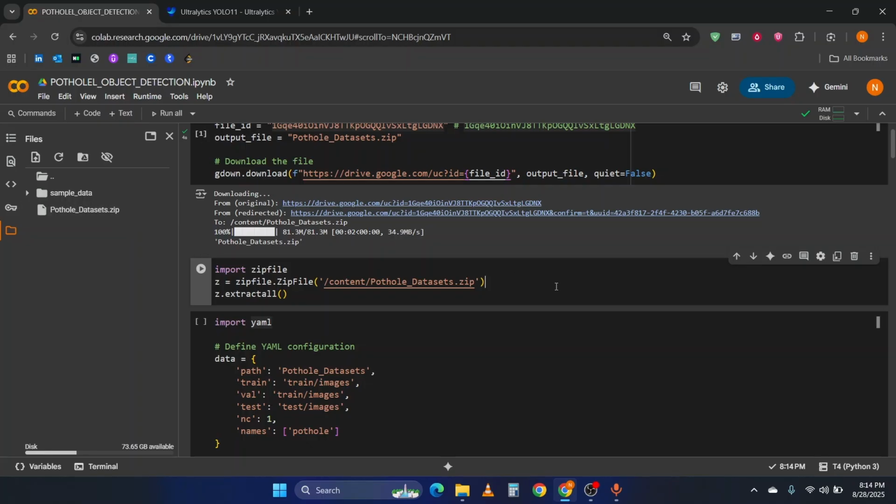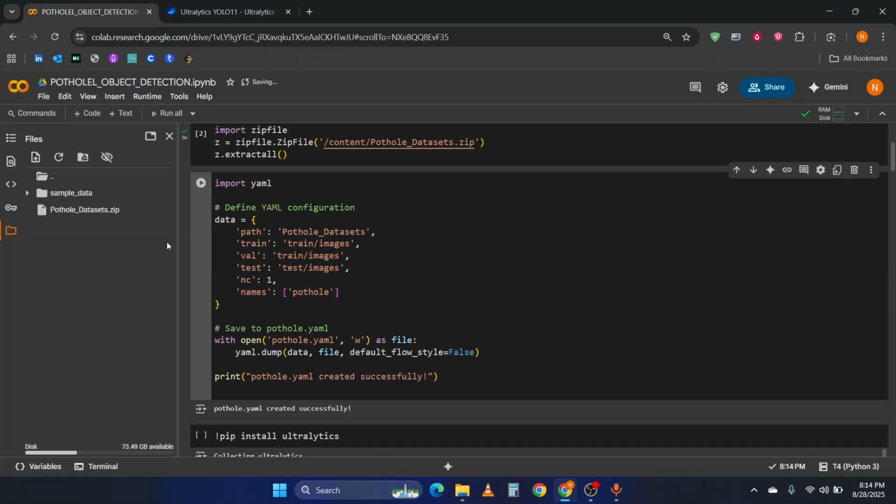This is a zip file. Now to unzip it, just use this. See, this is a dataset, the pothole dataset. It contains two folders, test and train, with images and labels. You can see that there is no YML file in this,